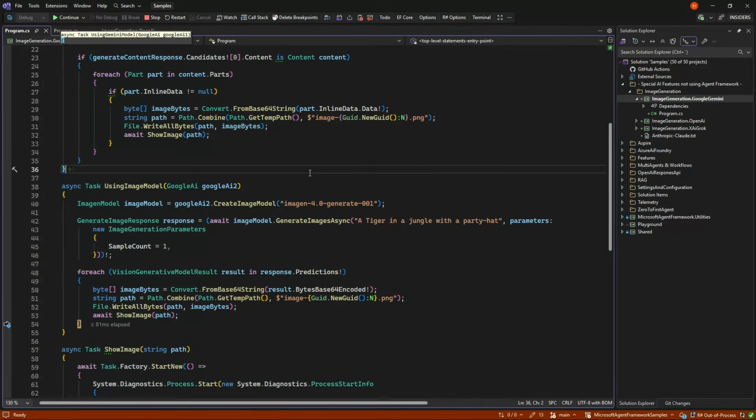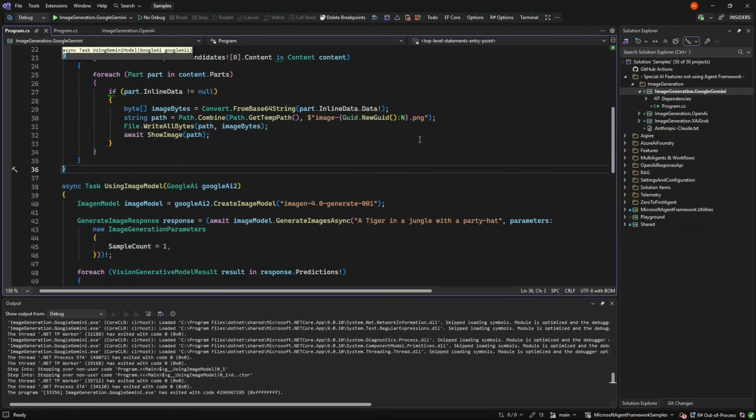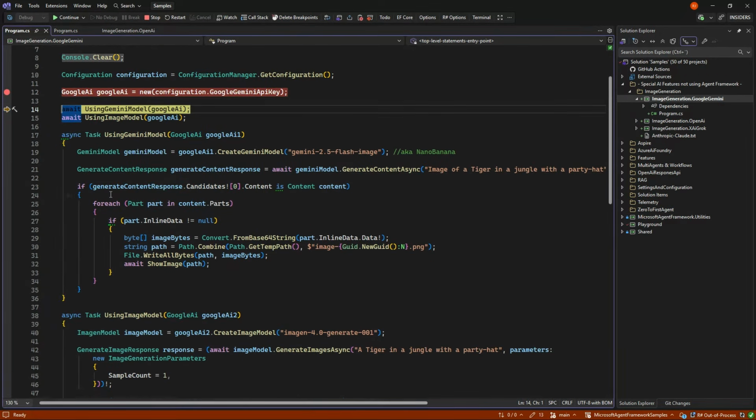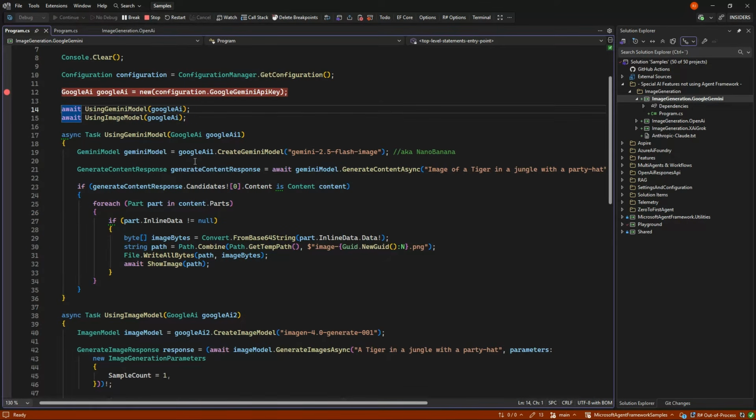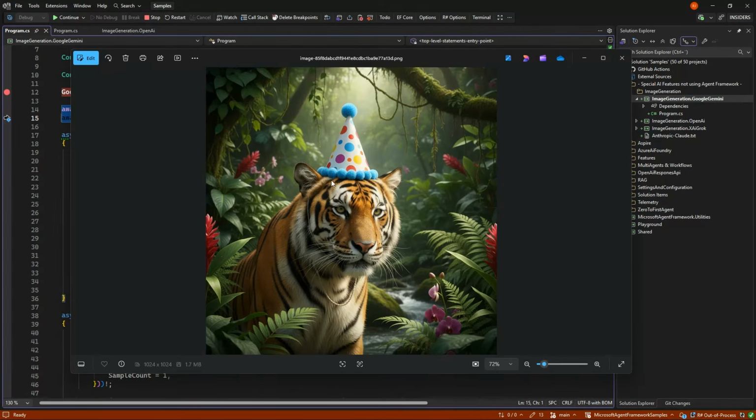a party hat. And again, because this is fast, let's try to run it again just to see that the images will always be different from case to case. So this was the new one for the Nano Banana without the happy birthday.